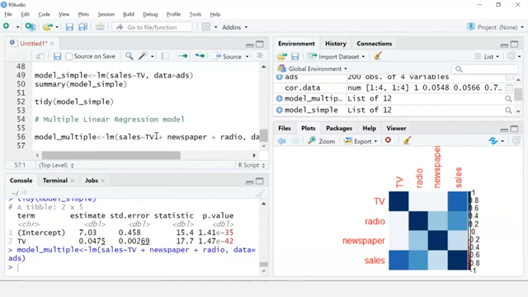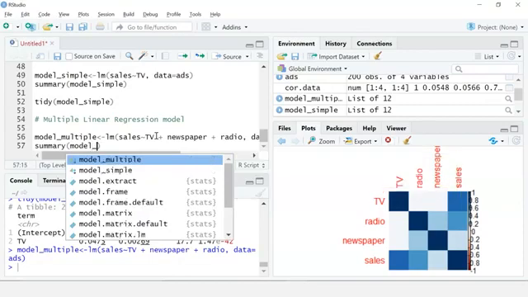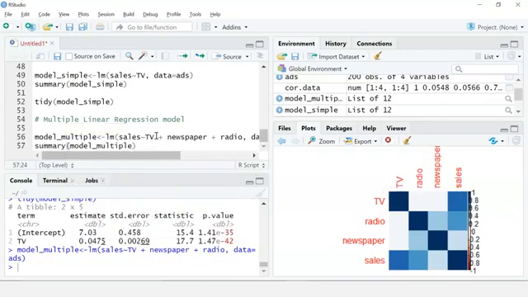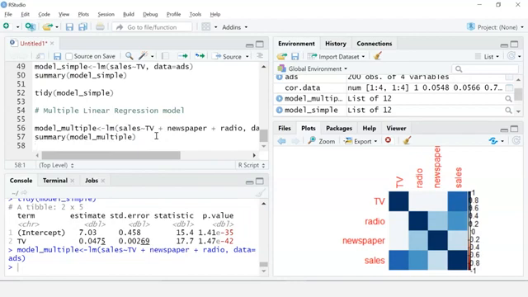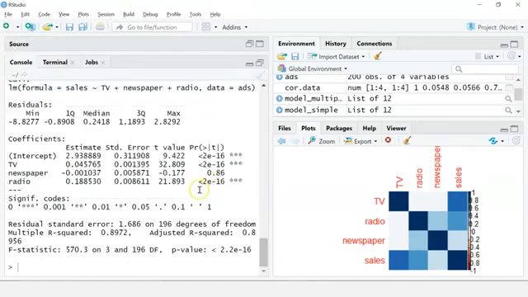I'll follow the same drill. Let me now call the summary function over this newly created model. So I'll write summary, and I'll select my model name as model_multiple. Let me run it. So the interpretation of our coefficients is the same as in the simple linear regression model.